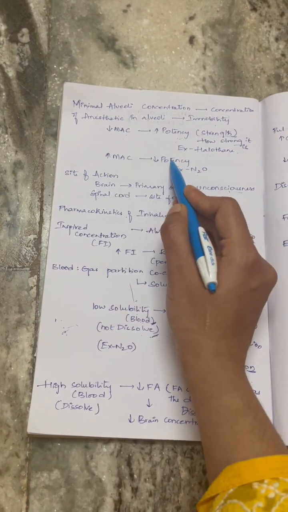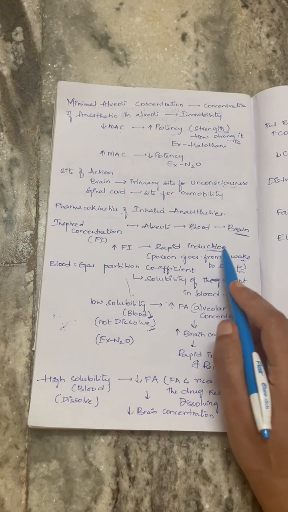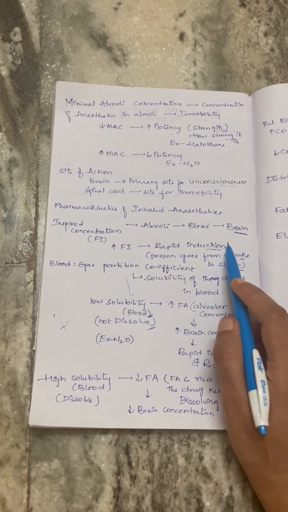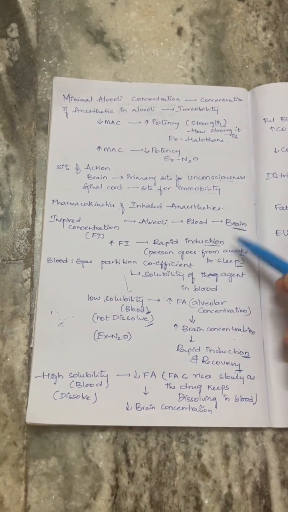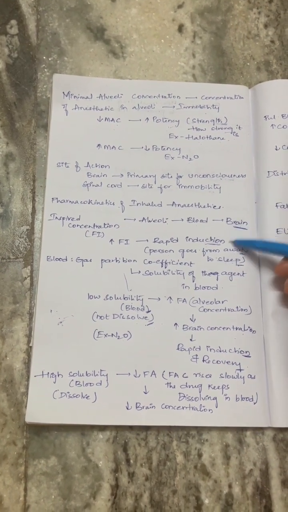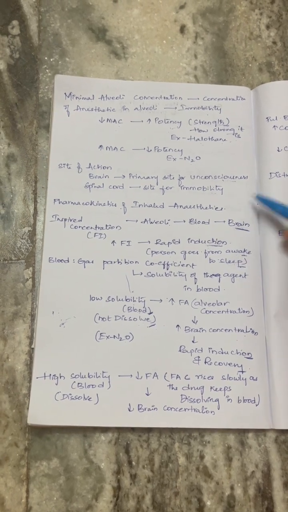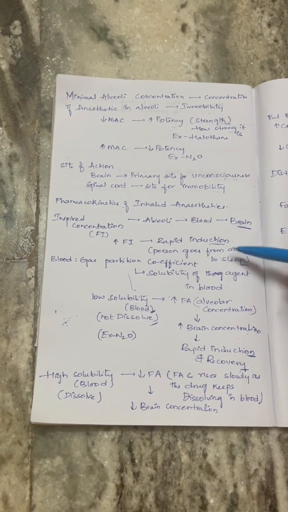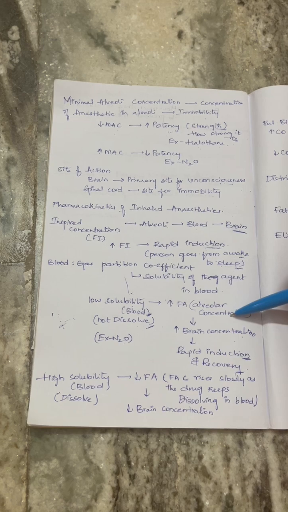Based on the potency and the induction, it'll be easy for any anesthesiologist to give a medication to the patient, knowing its penetrance, how fast it acts and how strong it is. Based on that, it'll be easy to differentiate which one to give and which one not to, and how fast it acts. That's why we need to understand the minimum alveolar concentration, the induction, the potency, the blood gas partition coefficient, and everything about it.